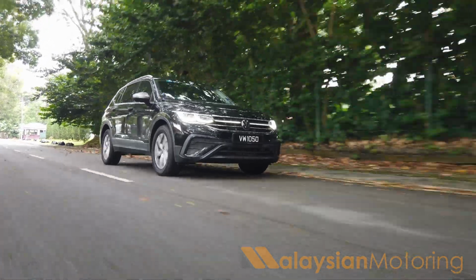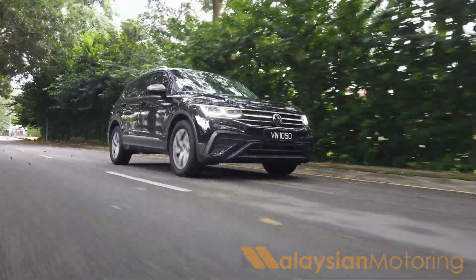But the niceties of this car may stop here, because that 1.4 litre engine, well,